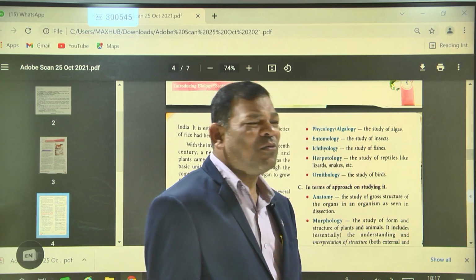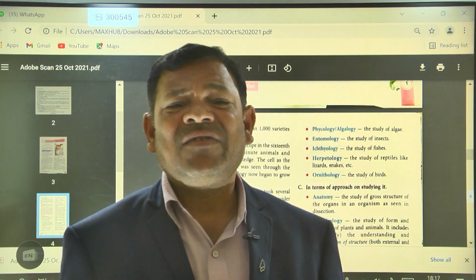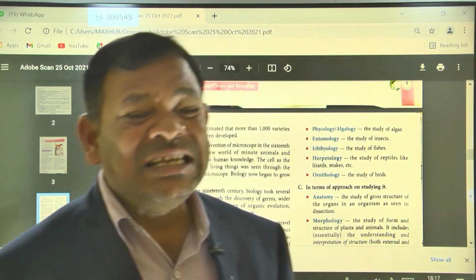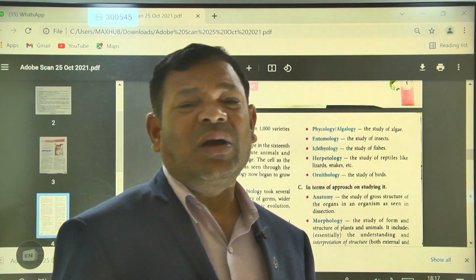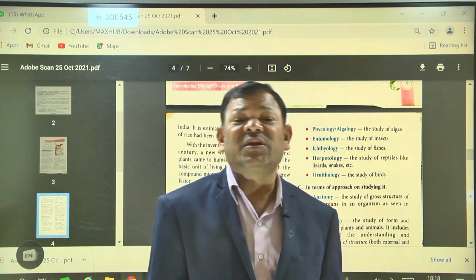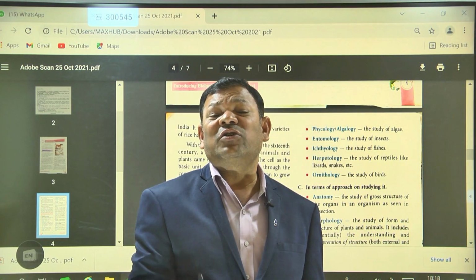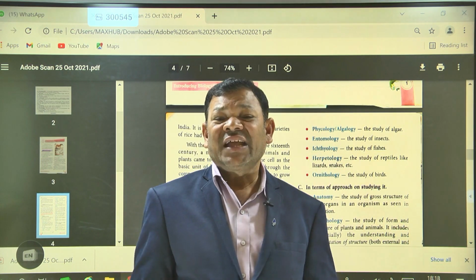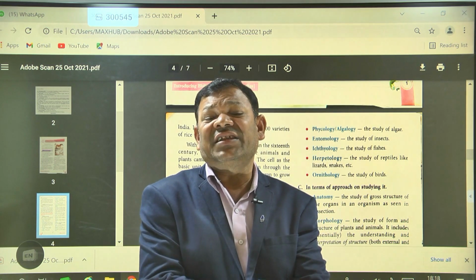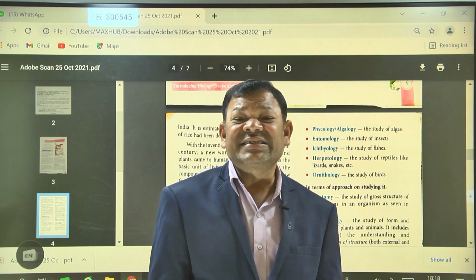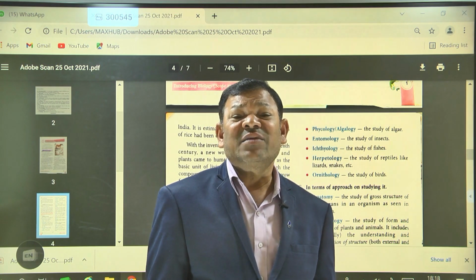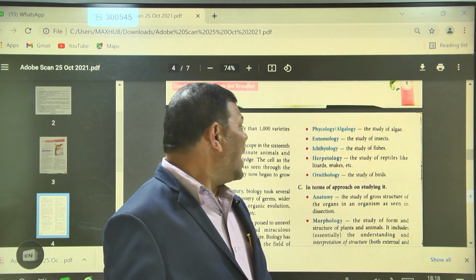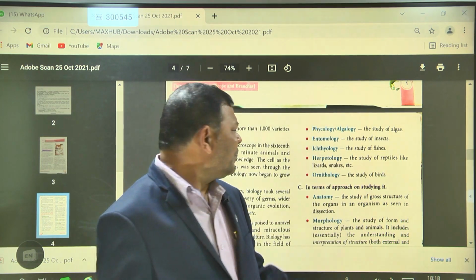What are examples of reptiles? In our day-to-day life, snakes belong to the reptiles. Lizards belong to the reptiles. One more important point: an incomplete four-chamber heart can be seen in reptiles. In the body, especially the skin, scales are present. These are mostly cold-blooded animals. So herpetology means study of the reptiles.